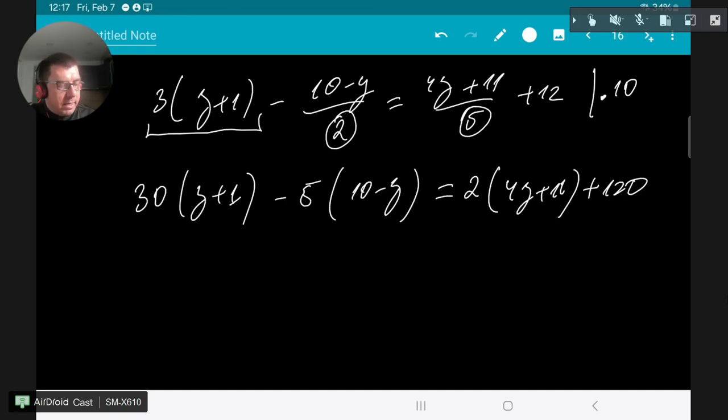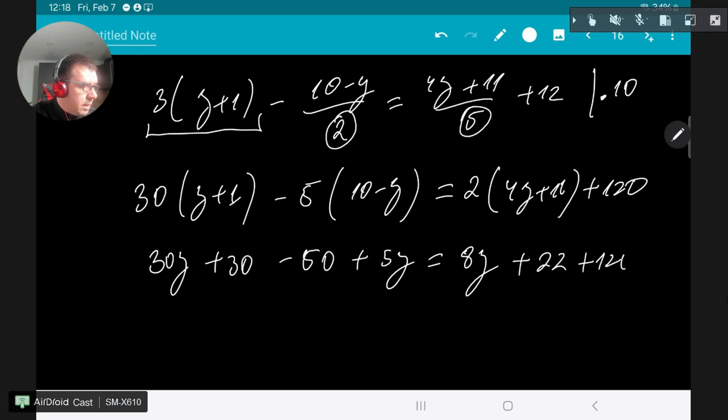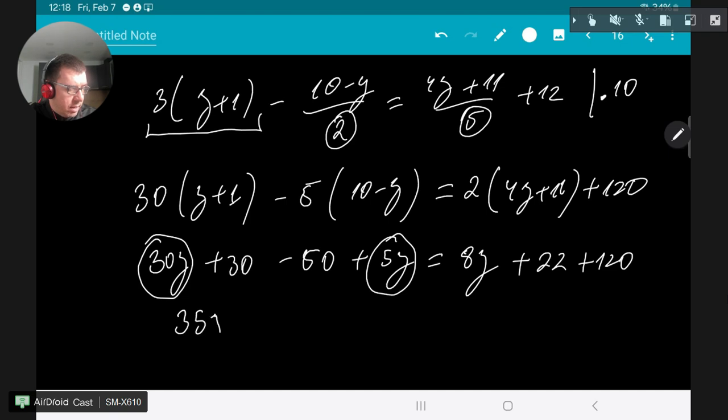And now I just open the brackets. So 30 times y, it's 30y plus 30, minus 5 times 10 is minus 50, plus 5y, because I have minus times minus. This equals to 8y plus 22 plus 120. And now I move all my variables on the left, all my numbers on the right. So this is 30y plus 5y, this is 35y. Then this 8y will go on the left side with a minus, because I'm subtracting it from both sides. So minus 8y